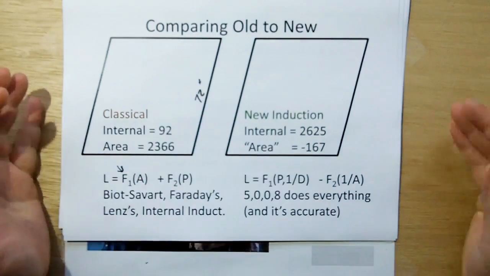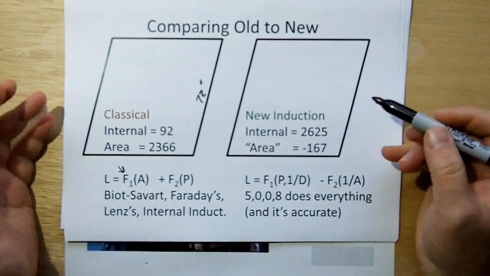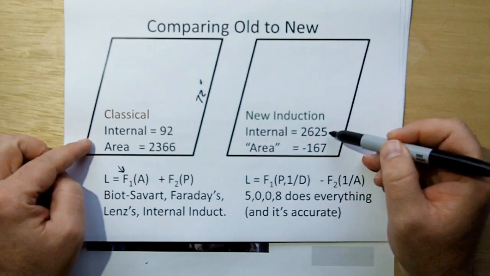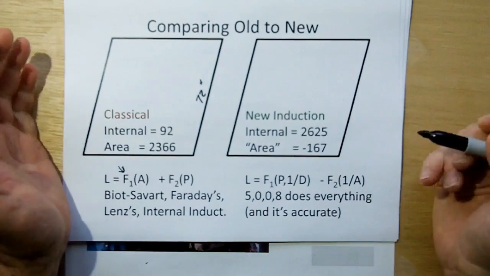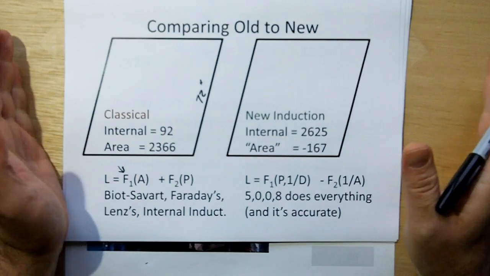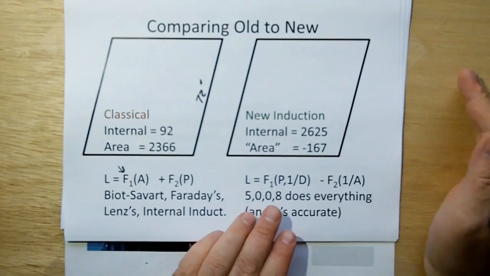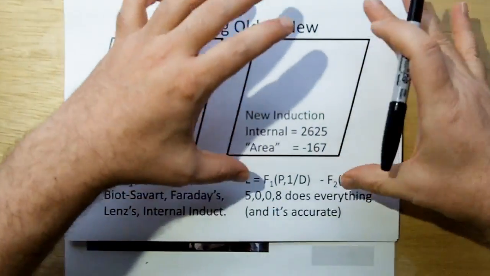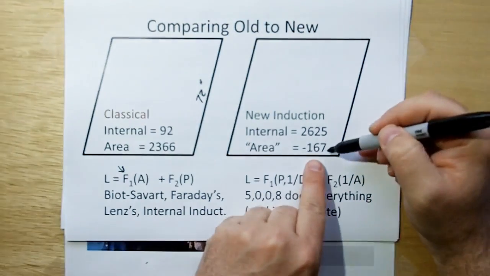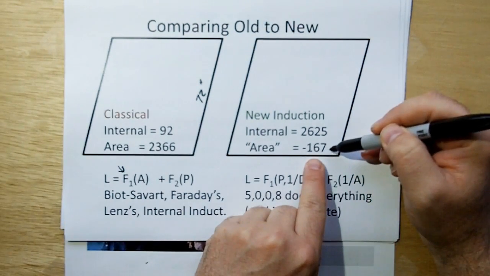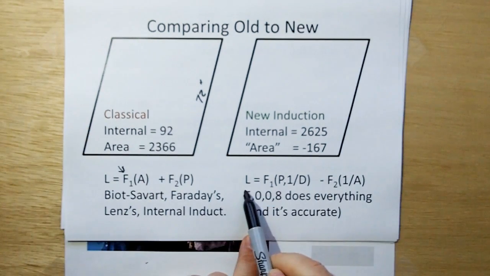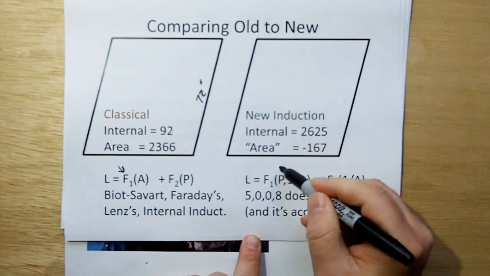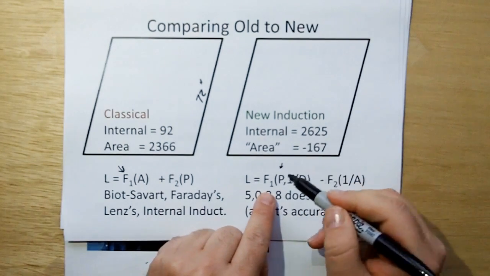Okay, now if we look at the new induction model, we find that it's completely backwards. The internal inductance is the dominant factor, which makes a lot more sense. And the area is actually a negative contribution, which makes a lot more sense when we actually look at what's going on for induction. And so what we find out is if we make this area larger and larger and larger, this contribution from area becomes less and less and less. And therefore, if we put this into an equation form, we find that the inductance due to the perimeter, okay, is